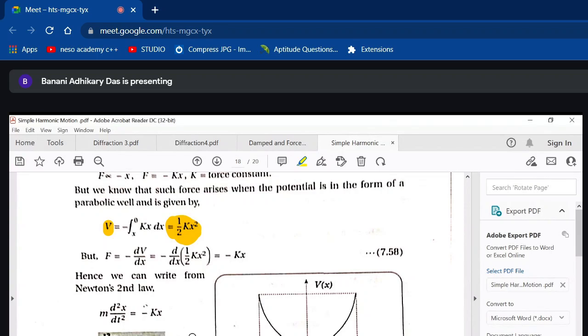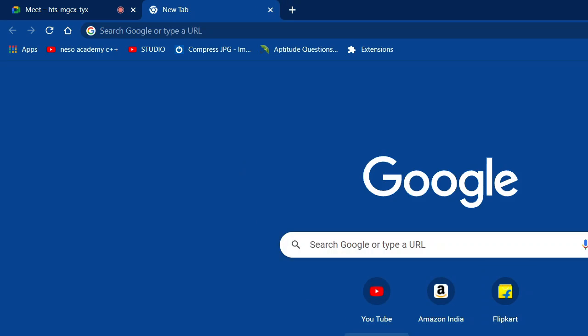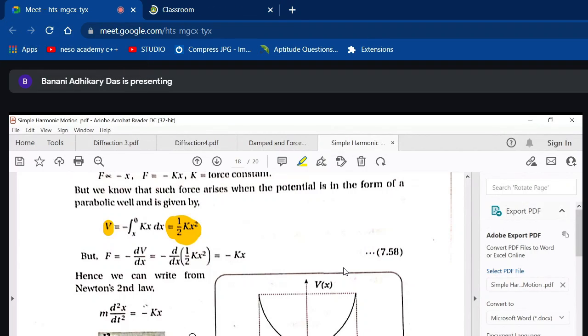Next, the force is equal to minus dV/dx. We also know that force can be written as the negative gradient of the potential, provided that the potential is a conservative field. Remember, we did it in our vector classes on line integrals, when I was teaching you the characteristics of conservative fields. If F is a conservative field, then it can be written as the negative gradient of a scalar function phi: F is equal to minus grad phi, and the one-dimensional analog of that statement is F is equal to minus dV/dx.